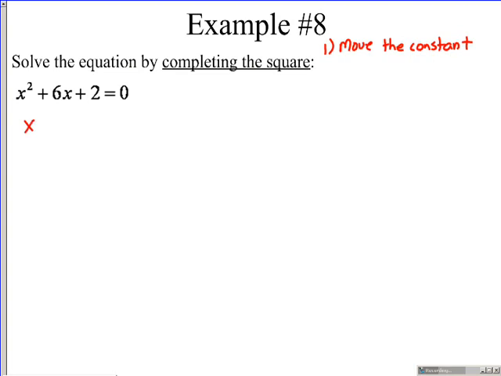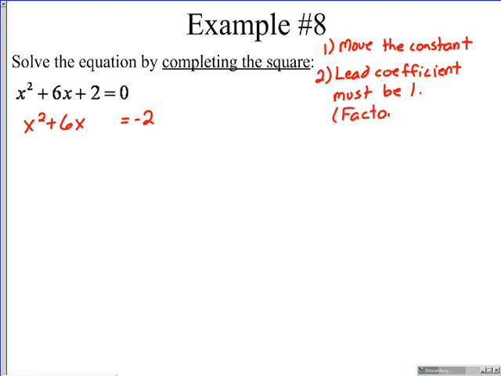That's going to leave me with x squared plus 6x, and I'm going to subtract the 2 over to the other side, so now it's equal to -2. You must move that constant as your first step. Step 2, your lead coefficient